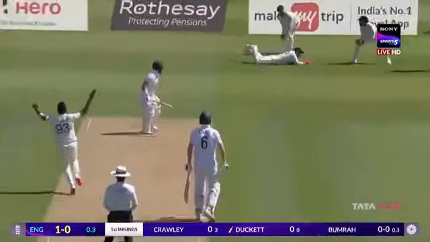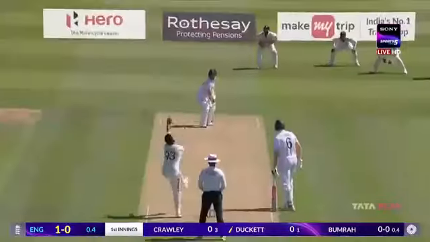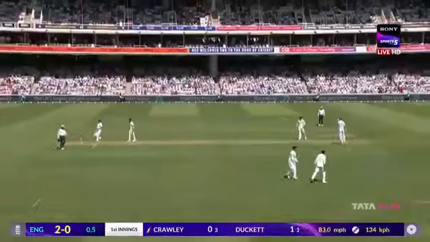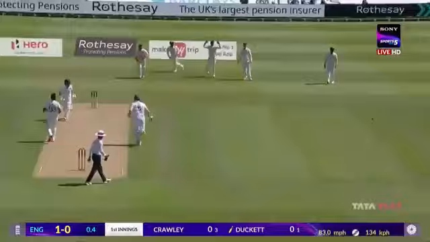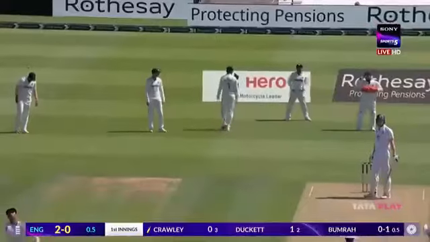Now, did that carry? Duckett looked back, and yes! Bowled an absolute beauty there.